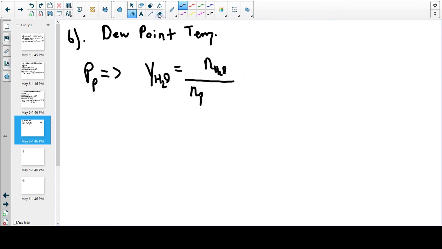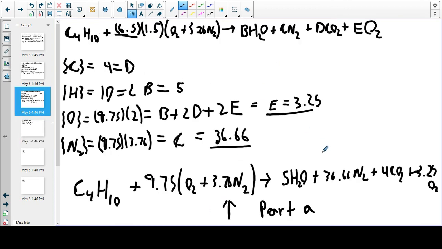This notation for N and N products might be different in the book. I'm just using N's there. And so our number of moles of H2O, if you refer back to the previous slide, we have 5 of them, right? Because that's on the product side,